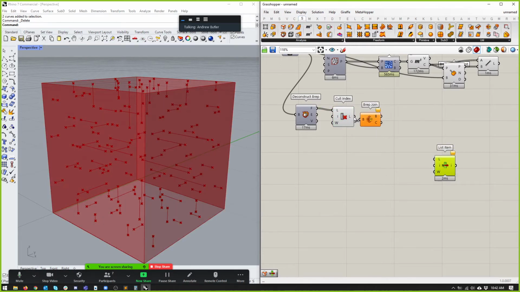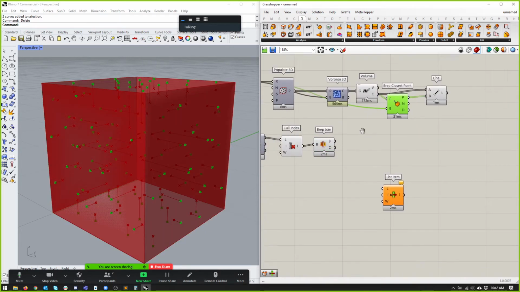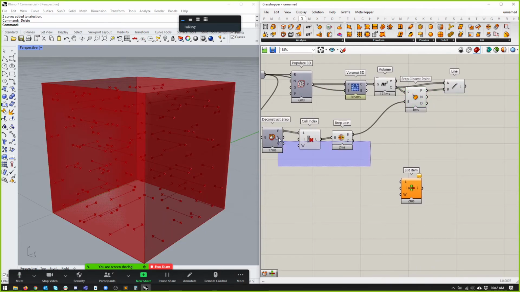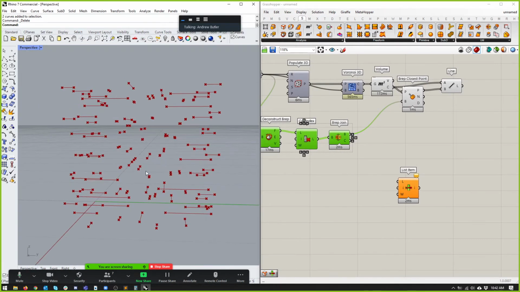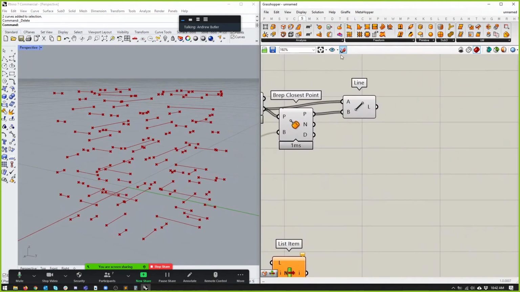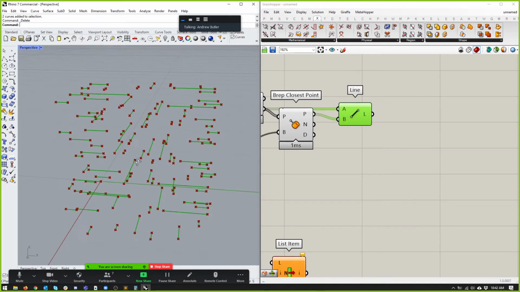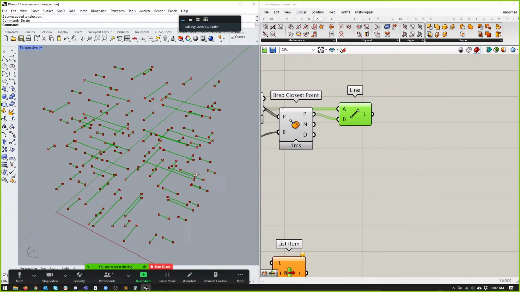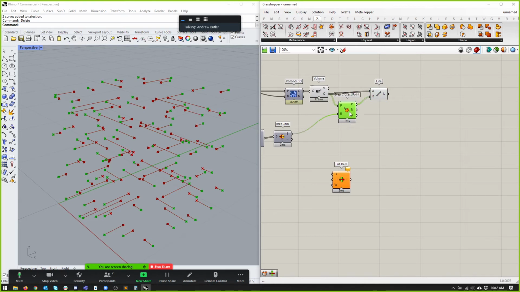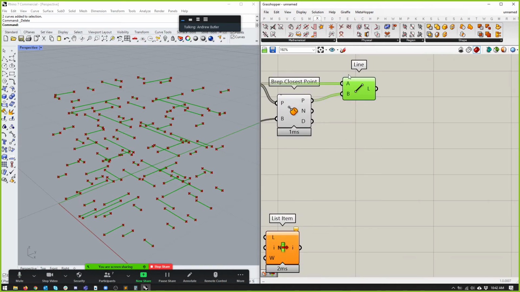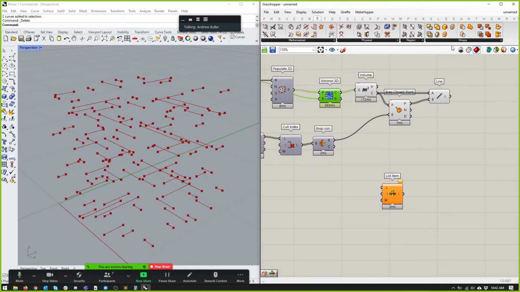I'll join that because this thing only works on a single Brep. Otherwise, it'll duplicate everything. So now it's not going up or down; it's just going left, like in the XY plane. And then, if these lines collide with a certain number of faces, then we can ignore them, or they don't collide with a certain number. So if we take these Voronoi systems and we just turn them into a mesh,